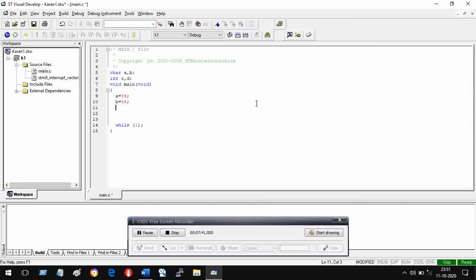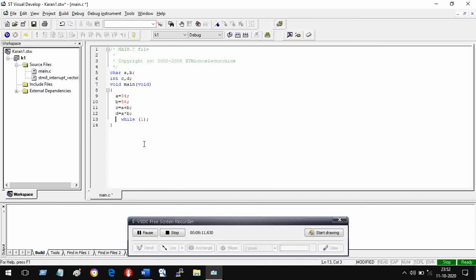And then what I want to do is I want to say that C is equal to A plus B semicolon and D is equal to A into B semicolon. Then you can leave any amount of space, but why to do that? Let me remove the spaces.